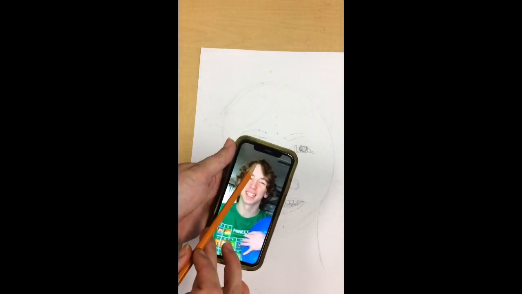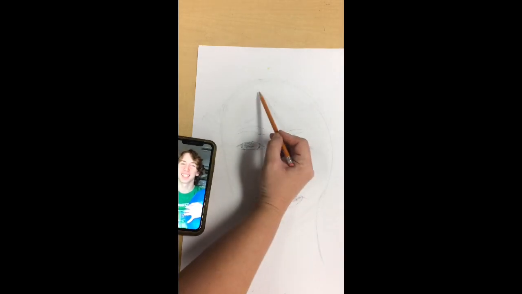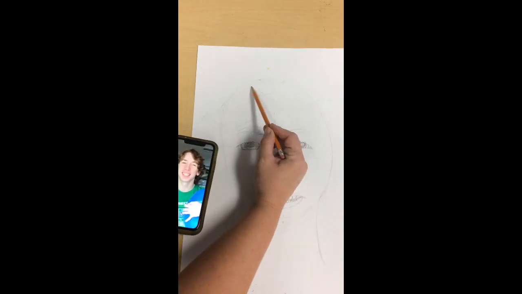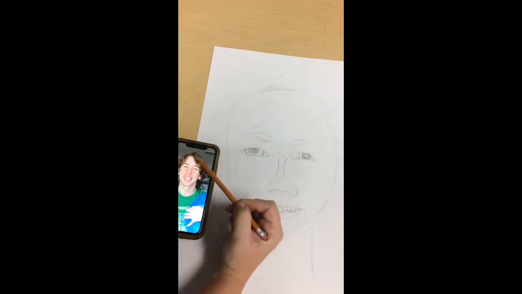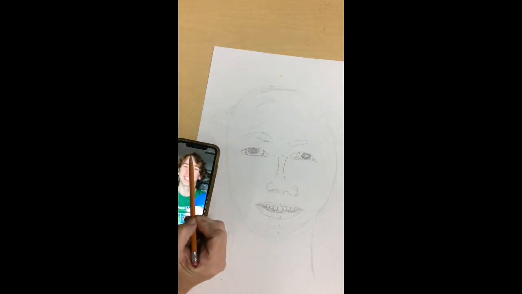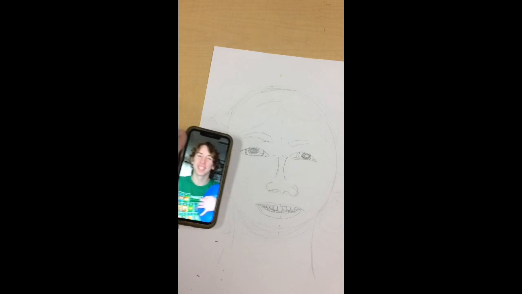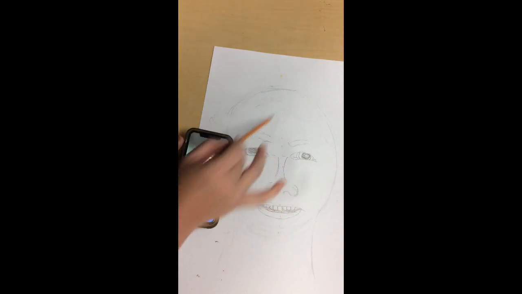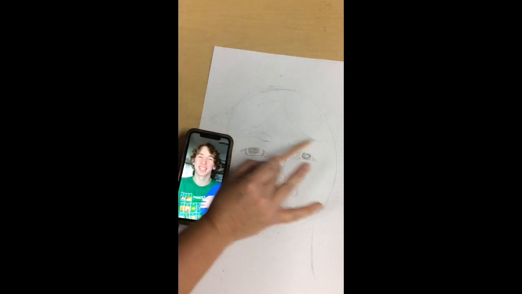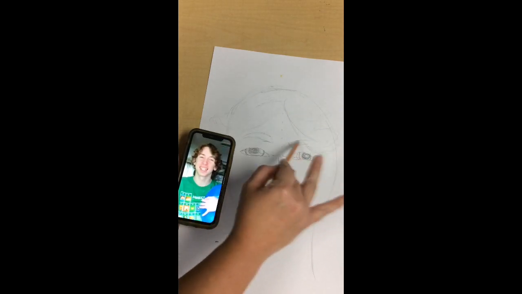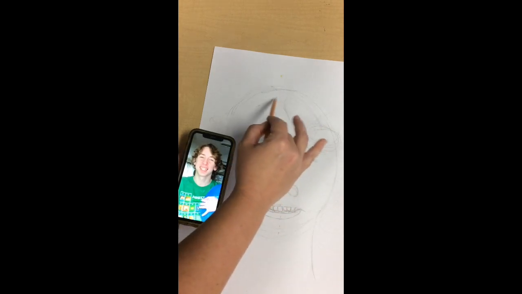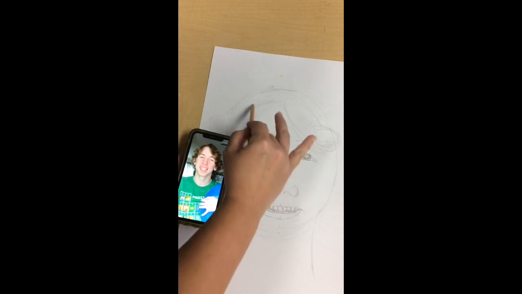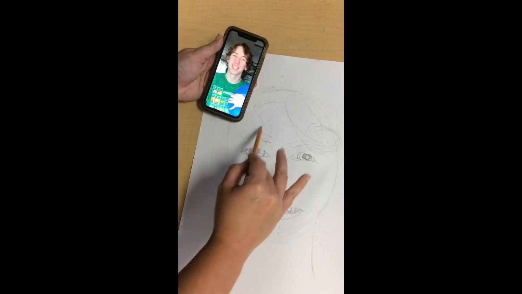So his hairline starts way up here. Not the top of his head. That would be where, if he was bald headed, that's what we would see. This line right here is somewhere in here. So then I'm going to look at this part of his hair that comes down in a shape over his eyebrows. It kind of curls up, so I'm just going to put a curl line. And this part comes over and covers this other part